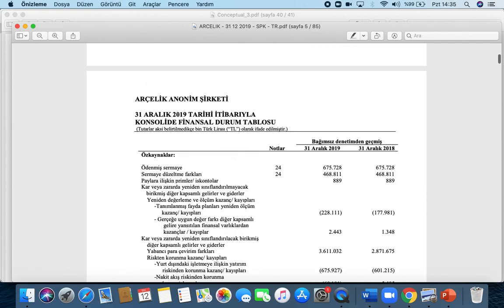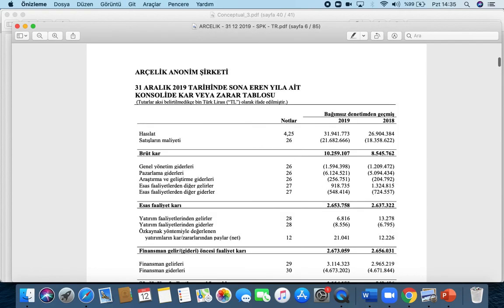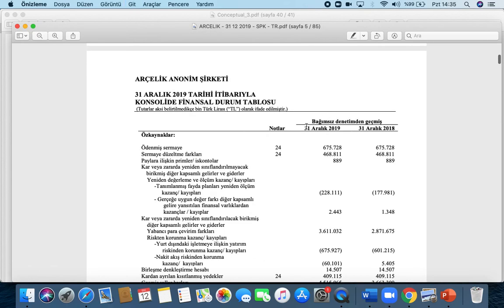Then there comes the statement of profit or loss. Statement of profit or loss, which we know as the income statement, is a flow statement. Look, it does not specify a single date. It gives you the period as a whole. It's 2019. Look at the difference. 2019, but when you come up to the balance sheet, it is a single specific date. You have to know this difference. I'm going to ask, and you are going to answer.